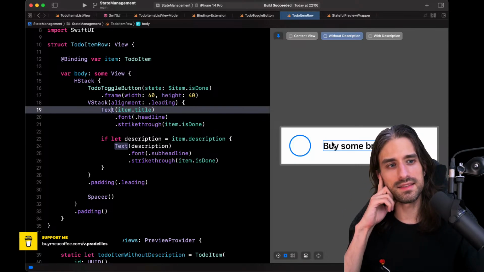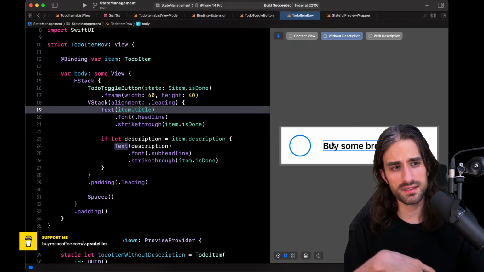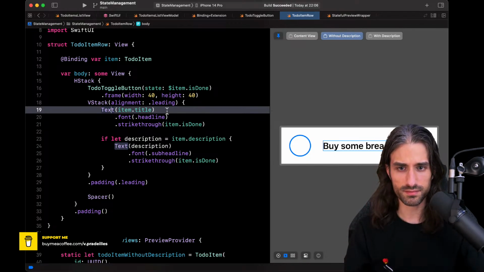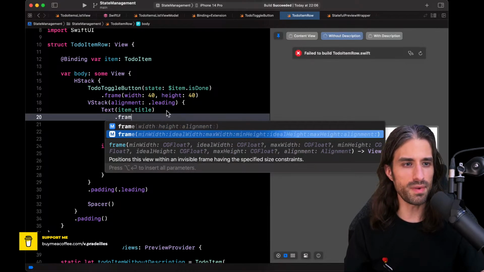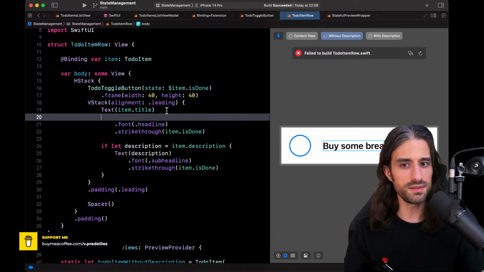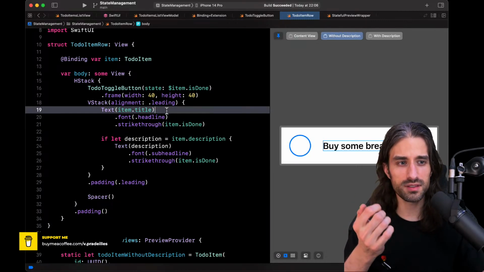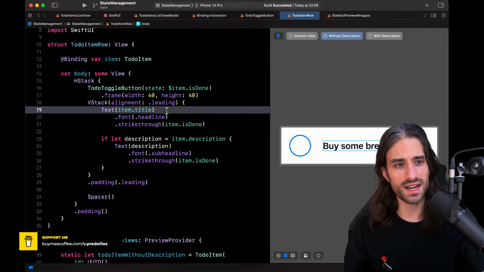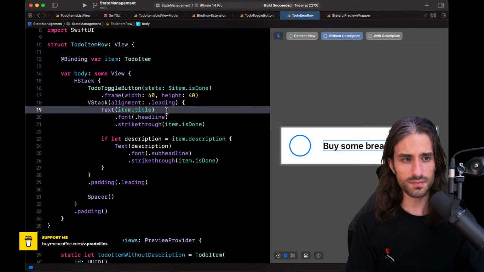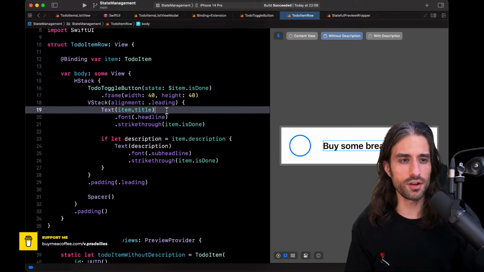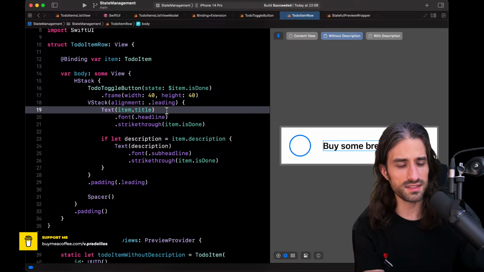And then if you want them to take more space, you can do it by using, for instance, the modifier frame with max width or max height, like we've seen before. So I would say you don't find the same concepts, just like in UIKit, where you would set priorities for compression resistance and content hugging. It's there in a different way, in the sense that views like text, they will be content hugging by default, and then you can make them take more space by using the frame modifier, for instance.